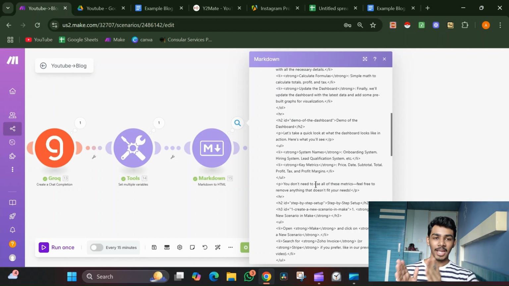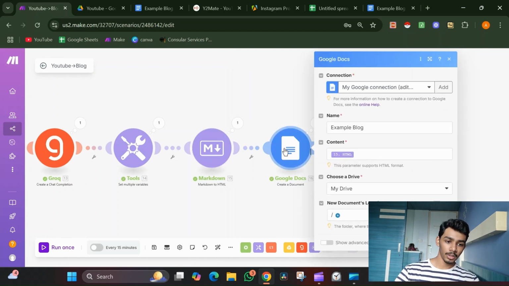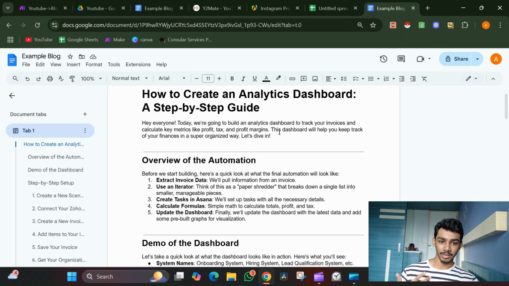Messy. HTML is very messy, so you can't actually read the whole thing. So what we did is we took that whole messy HTML and pasted it into Google